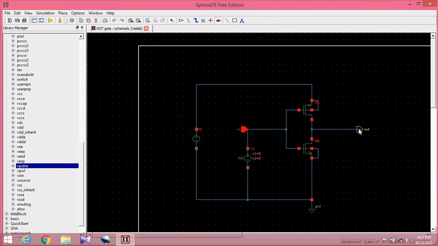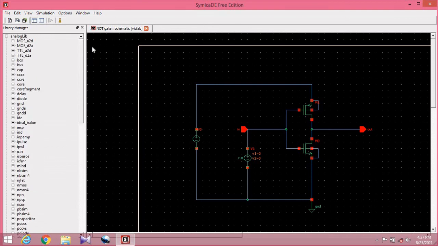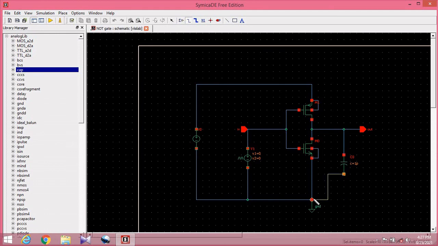Okay, and to provide a load, we connect a capacitor at the output, so we will select cap, connect here, again require, connect it. Okay, this is cap.